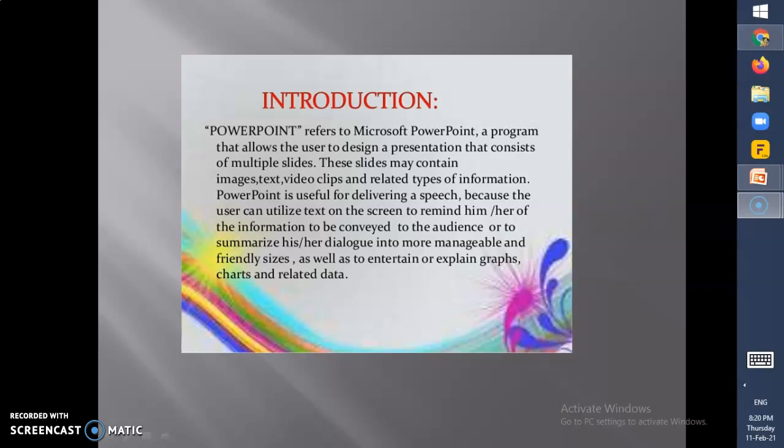Hello students, today our new topic is MS PowerPoint, Microsoft PowerPoint. Myself Dipti. Microsoft PowerPoint is presentation software that is used to create on-screen slideshows, overhead projector slides, audience handouts